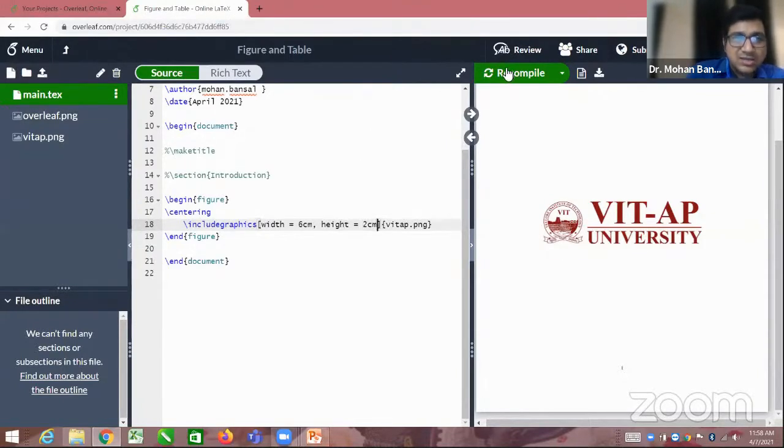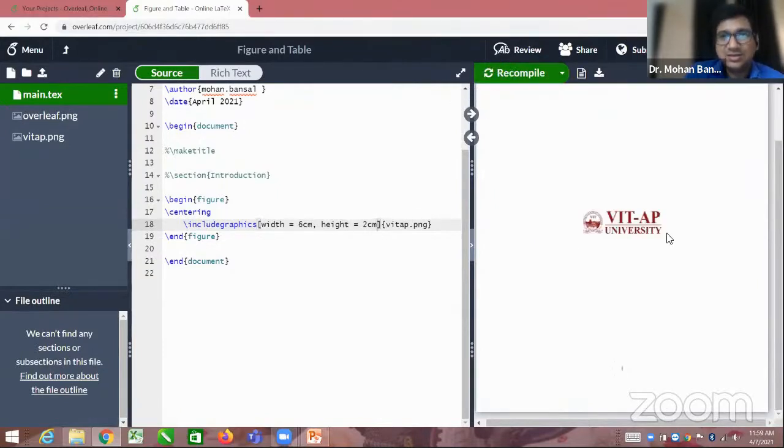If you recompile it, you can see the size of this image is 6 centimeter by 2 centimeter. If you want to enlarge it, you can use inch also, in. Recompile it again, you can see the large image.